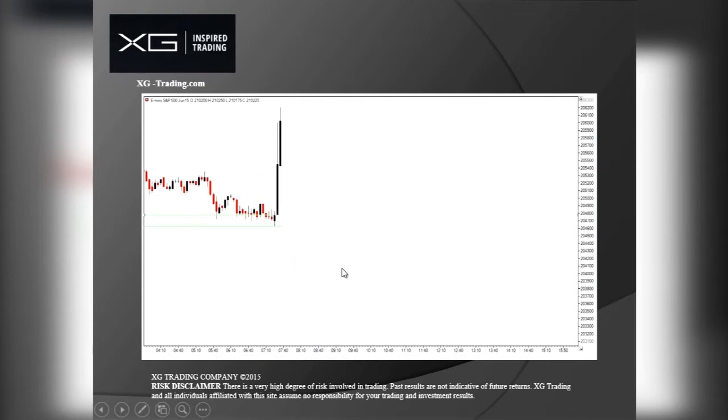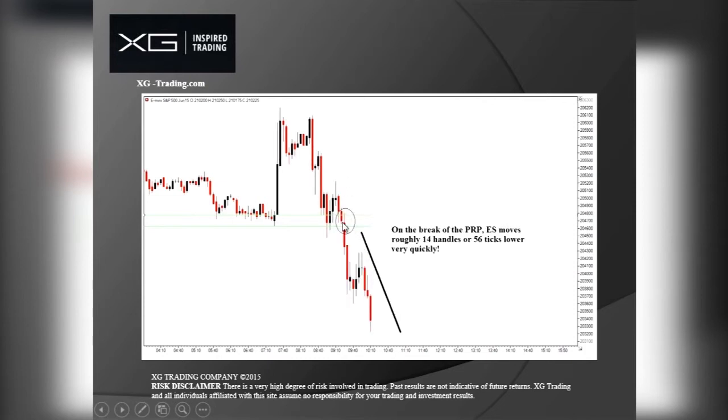What you're watching at this point will be what happens from here on out. In this case, you can see the market consolidates, comes back down to that pre-release price zone, bounces off it. After a short bounce, it breaks through that zone, and I've circled the breakout. Once it breaks through that zone, that's when the reversal accelerates. So here's the basic premise behind it.